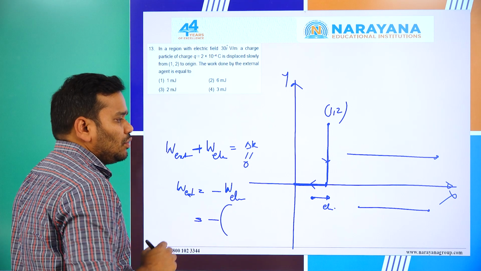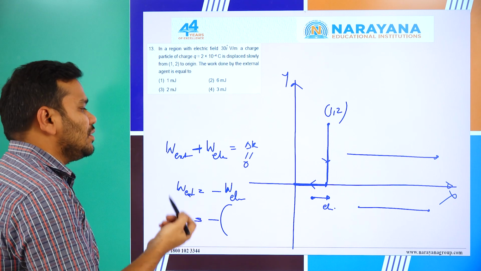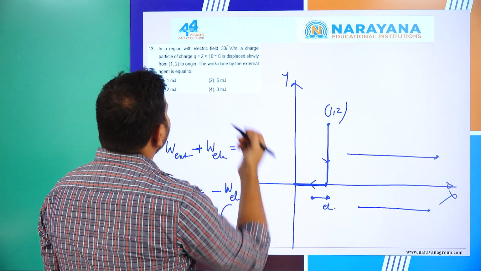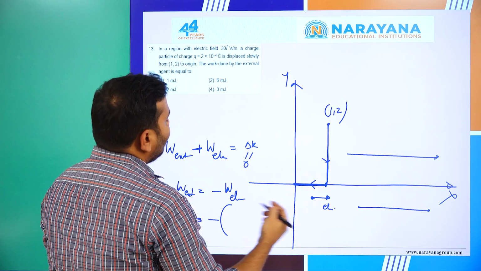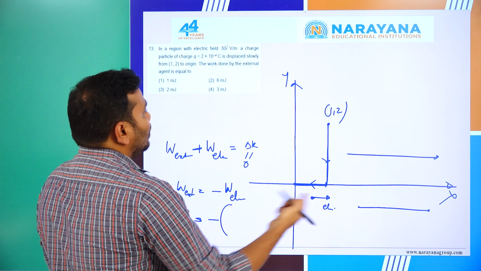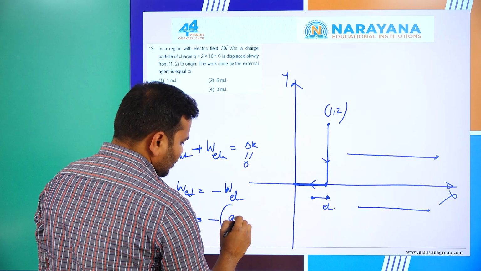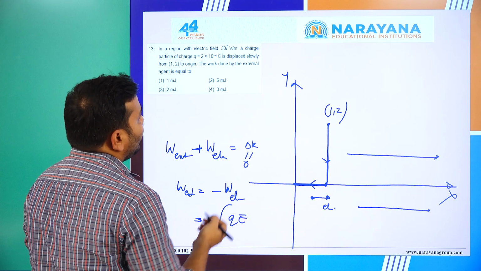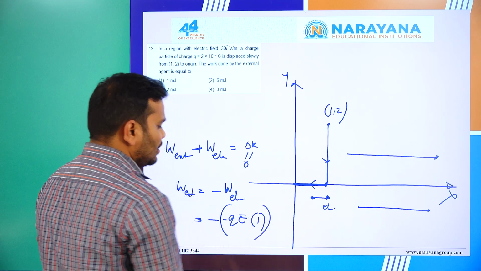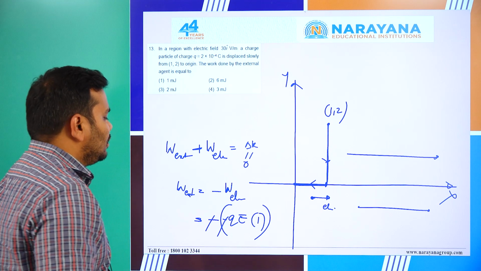And here the work done by the electrostatic force, the force is a constant force, so work done you can write as the dot product of the force and the displacement. The displacement is 1 meter, and the electrostatic force is in this way and the displacement is in this way, both in opposite directions. So work done is force QE multiplied by the displacement 1 meter, and there is a minus sign because they are in opposite directions, and minus of minus becomes plus.